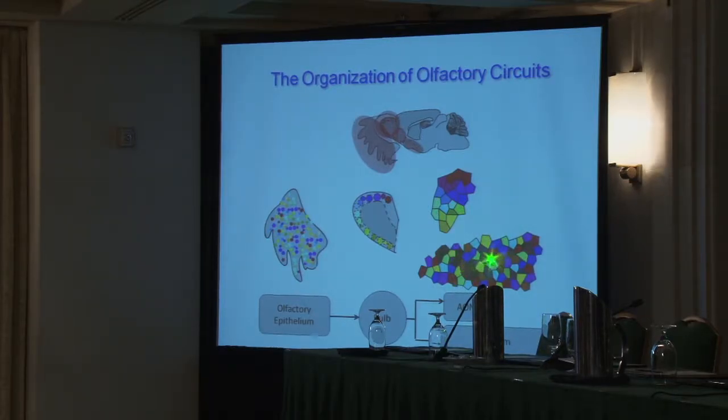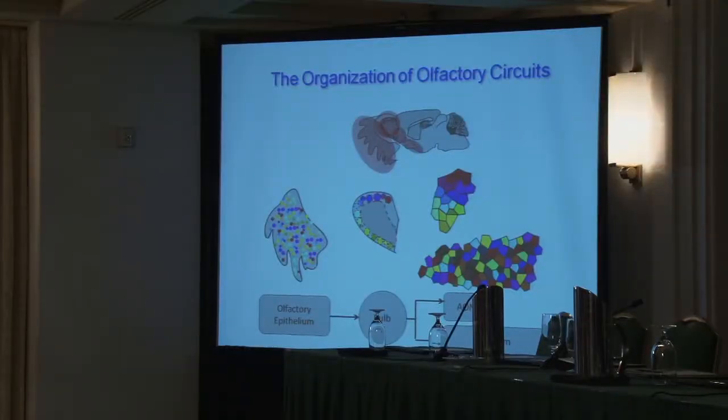What's interesting here is that if you think about the subspace, each one of these little patches here is sampling a subspace of olfactory space. If you have 1,000 receptors, 1,000 dimensions. Color is done with 3 cones, so that gives us 1,000,000 different distinguishable colors. You can imagine with 1,000 receptors how many different odors you can recognize. But the point, though, is that you have no idea which combination is going to be important for a particular behavior that you want to avoid, or you may want to be attracted to. And the idea is each one of these little patches here is sampling a subspace of odor space, a very high dimensional space. But something else is going on here.